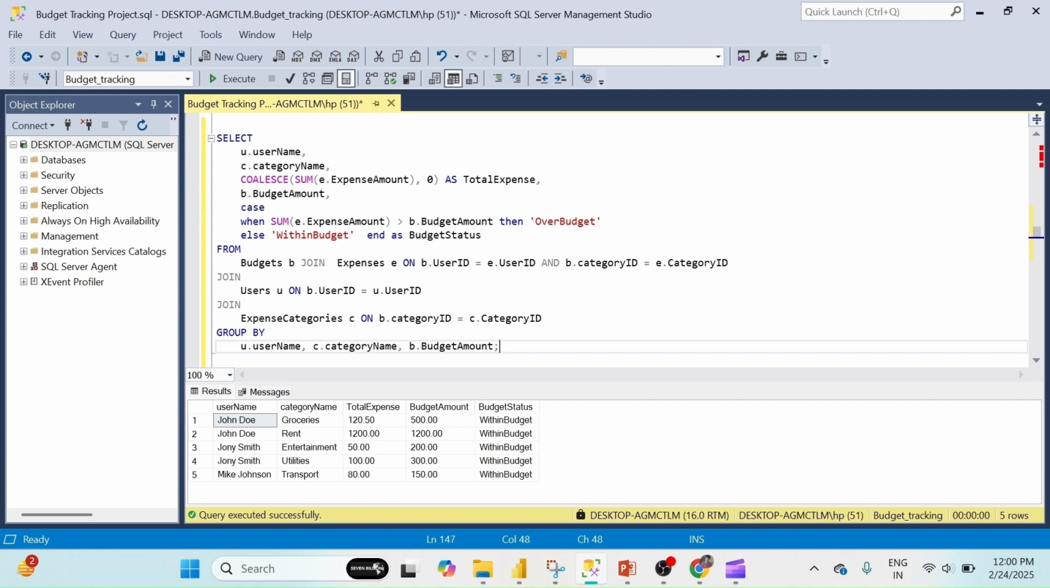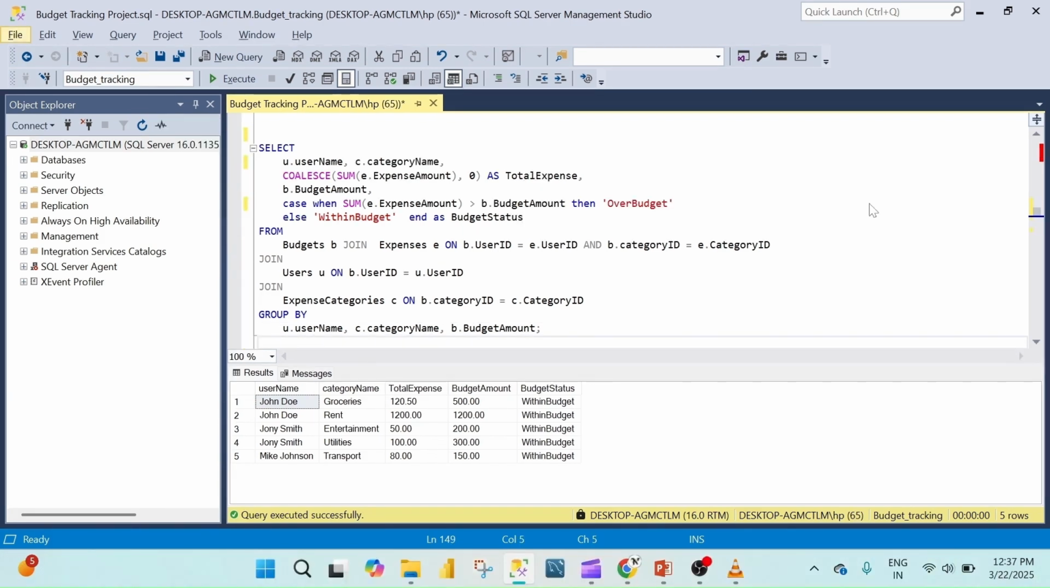Let's go through the query and understand the results it produces. Select U.Username, C.CategoryName, COALESCE(SUM(E.ExpenseAmount), 0) as TotalExpense, B.BudgetAmount, CASE WHEN SUM(E.ExpenseAmount) > B.BudgetAmount THEN 'Over Budget' ELSE 'Within Budget' END as BudgetStatus